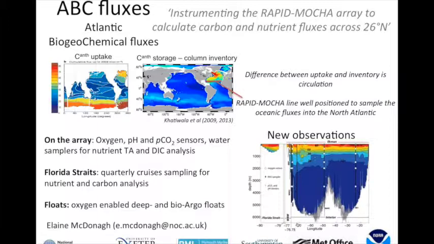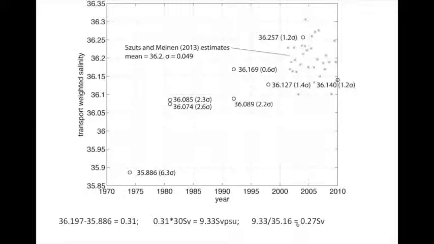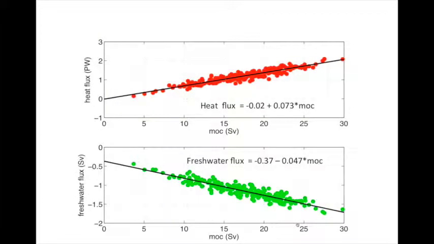So we're working on this now with the data that we have, and those residuals, for freshwater, do march up. So for the same overturning circulation, the